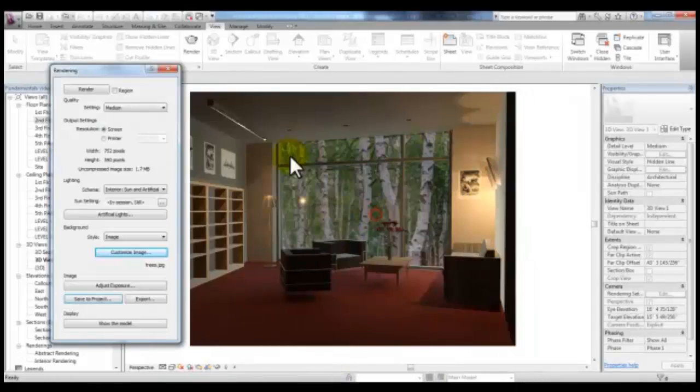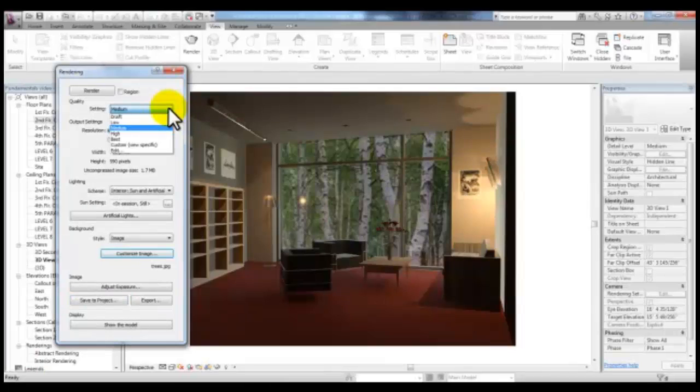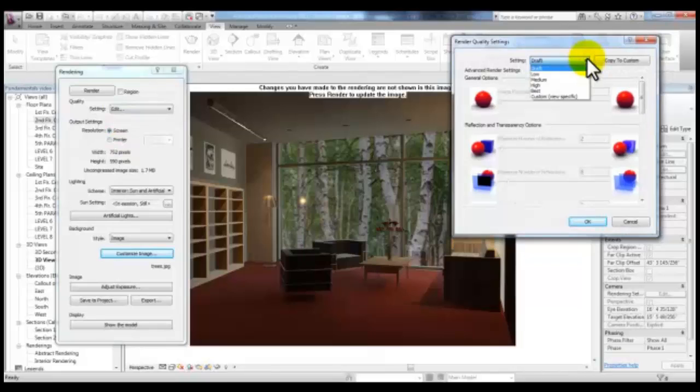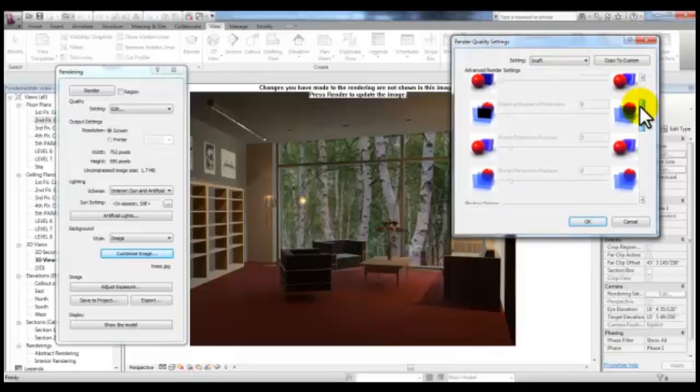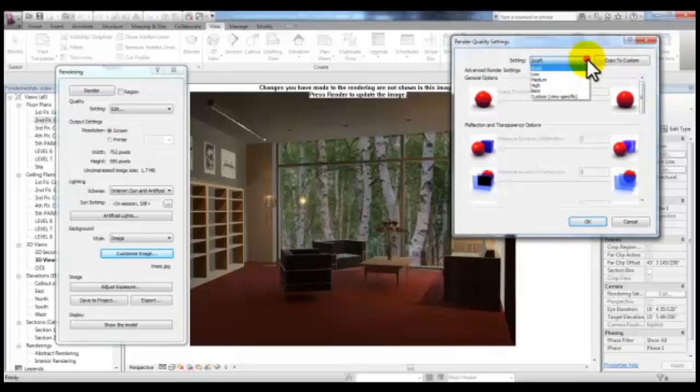When you pick OK, you'll notice that that rendering is in the project browser along with your abstract rendering. If we change the quality setting to draft and then we pick Edit at the bottom of this drop down, you'll see that for the setting draft, all of the quality settings are on the low side towards the left side. If you change your settings to best, then you'll notice that there's an increase in some of these tools,